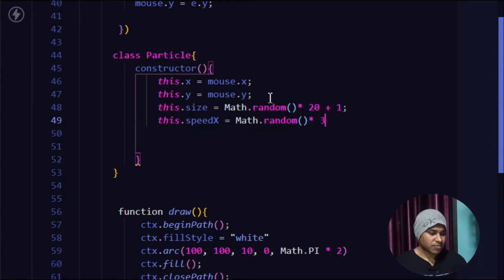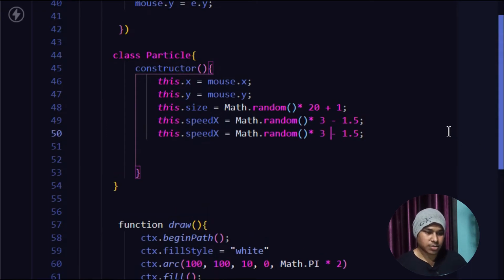So for that I will start with 3, and I will say minus 1.5, and you might be thinking how I'm sure about this number. I tried a lot, and this is the perfect value I have found, which gives a difference both in the plus side and the minus side. I'm simply going to replicate it for the y-axis as well. So I will simply change this y,